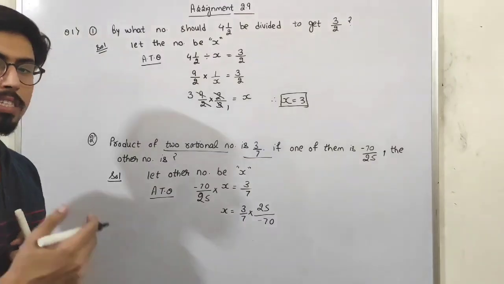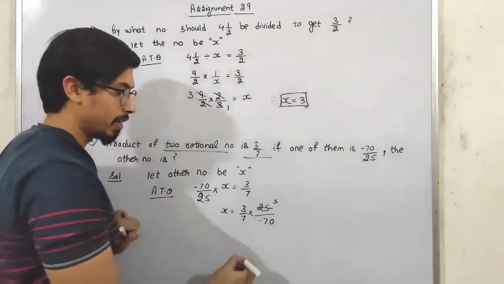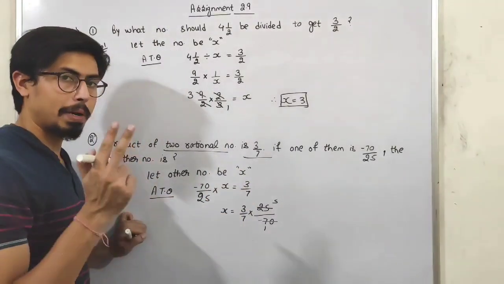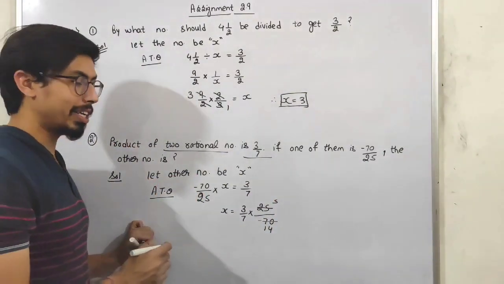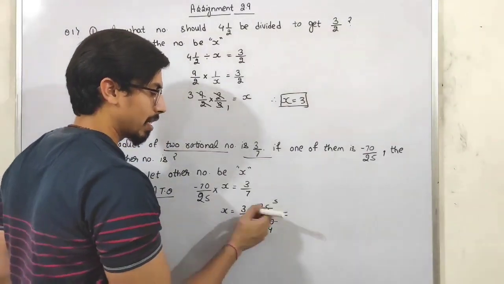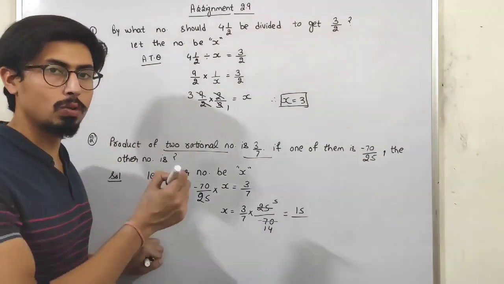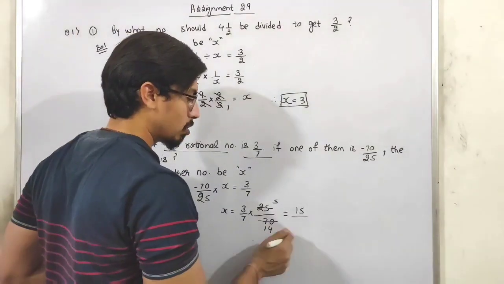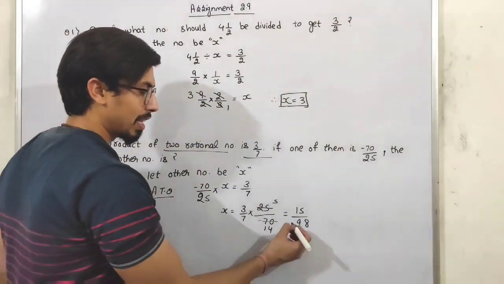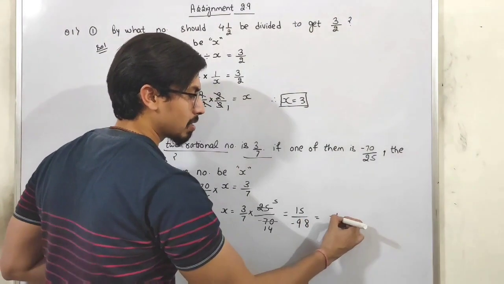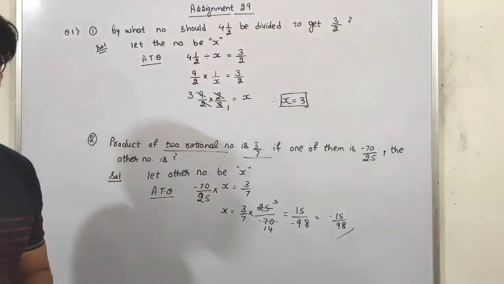Now we'll try to cancel out the numbers. So 5 fives are 25, 5 ones are 5, the remainder is 2. So 5 fours are 20. Now no number is getting cancelled out with each other, so just multiply them. So 5 threes are 15, upon 14 into 7. 7 fours are 28, and 7 twos is 98. With the negative sign, we can write it as minus 15/98. So this is our required answer.